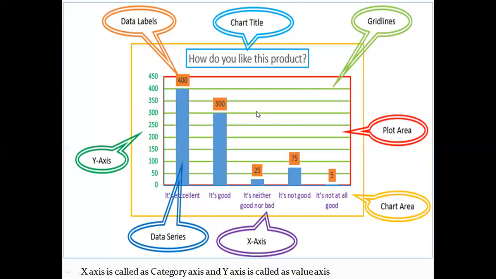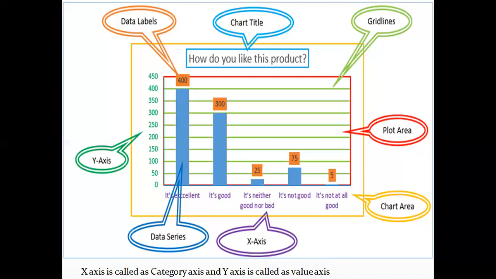Then you can see these horizontal lines. These horizontal lines are called grid lines. Then you can see the x-axis and y-axis. I have written here the names x-axis and y-axis, but you have to remember that the x-axis is at the bottom of the chart. The x-axis is also called the category axis and the y-axis is called the value axis. You have to learn this very properly, that whenever I say look at the category axis, it should come to your mind that it is the x-axis, and whenever I say use the value axis, it should come to your mind that it is the y-axis. So we have the xy axis, that is category and value axis.